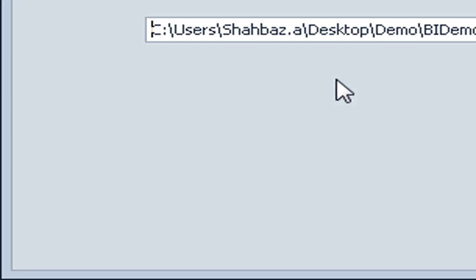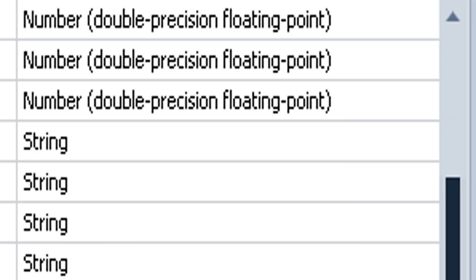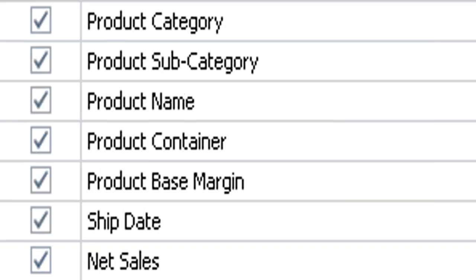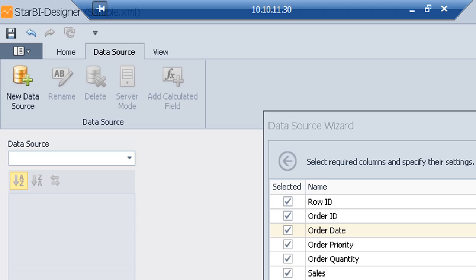Star BI Server is a web-based server where you can publish the dashboard and share it with our business stakeholders. Different users can log in from anywhere and view the dashboard assigned to them. Star BI Viewer is a Windows-based app where you will be able to view the dashboards with all the interactivity and also export the dashboard in PDF and image.